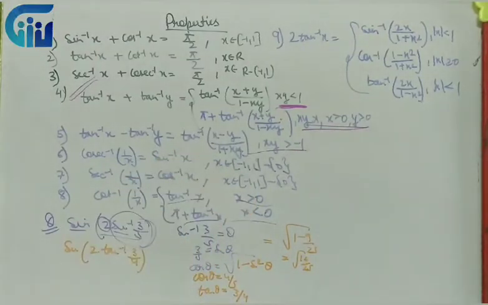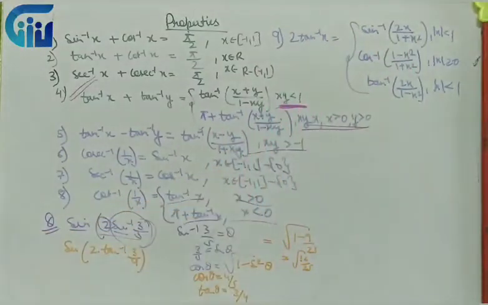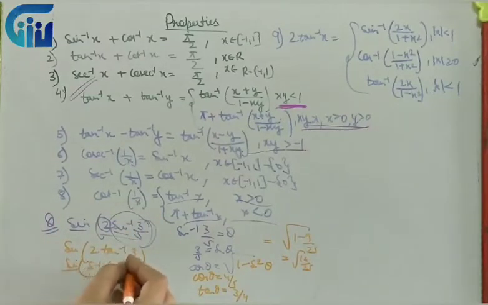Now once I have 2 tan inverse, I will apply the formula. You can see over there what is the formula of 2 tan inverse in terms of sine. So I will apply that particular formula. So sine of, because sine was outside, I will apply it for sine. So it is sine inverse 2 tan x, which is 3 by 4, upon 1 plus 9 by 16.